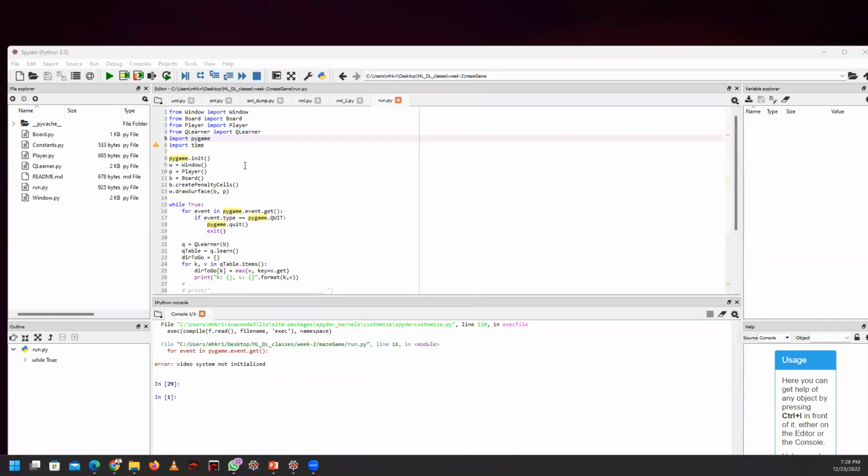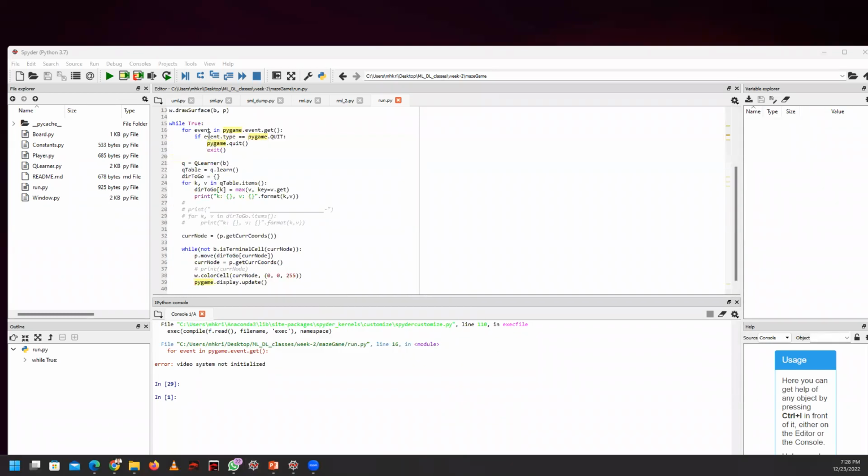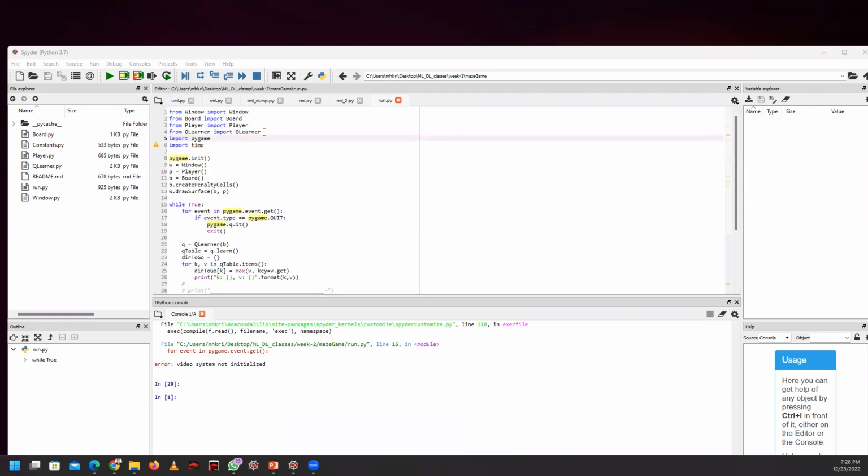In this example, if you see here, we are not doing anything ourselves; for all these things we have scripts. What we are doing here is directly taking Pygame, initializing it, and running the events. For example, if you are training a model for a chess game, we have different events, right? We have to move the player, whether it is a chess game or a simple maze game, from one point to another.